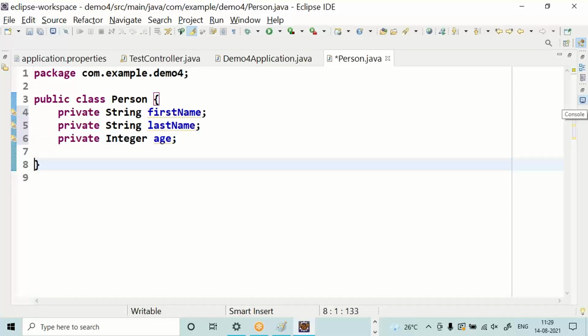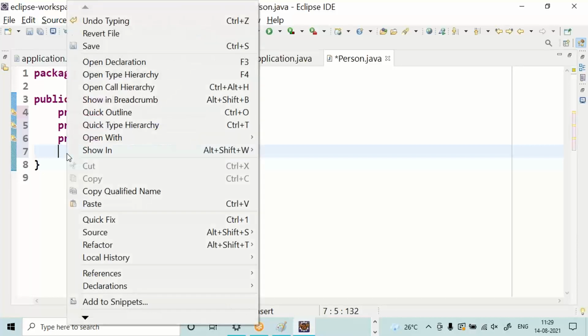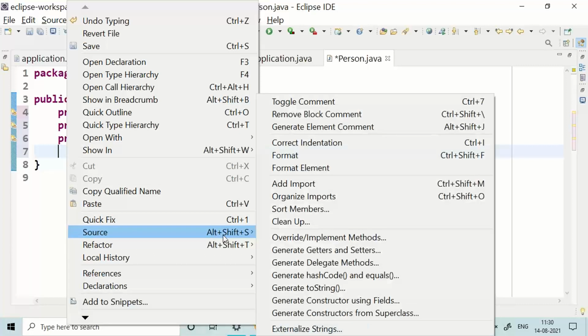Now come to the next line. Everybody come to line number 7. After coming to line number 7, right click, Source, Generate getters and setters.